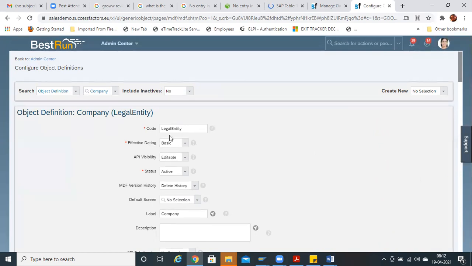These are predefined by the system itself. Legal entity, division, all these objects are interdependent, so it should be basic. But if you are creating any custom objects which are child objects, and you want to link them with the parent object, you have to select it from parent over here. That I will be showing you later.